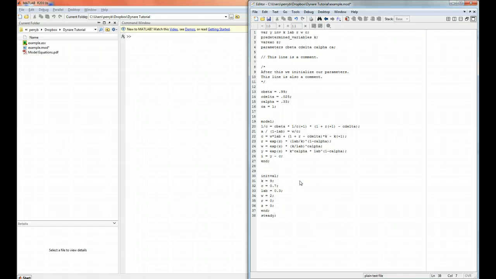The problem with log linearizing, and it should be noted that the reason Dynare can find the steady state so easily is that all of the variables are specified as percentage deviations from a steady state, so the steady state of the log linearized model is 0 everywhere. The problem with log linearization is that if your model includes any kind of sum, which is likely to be the case,